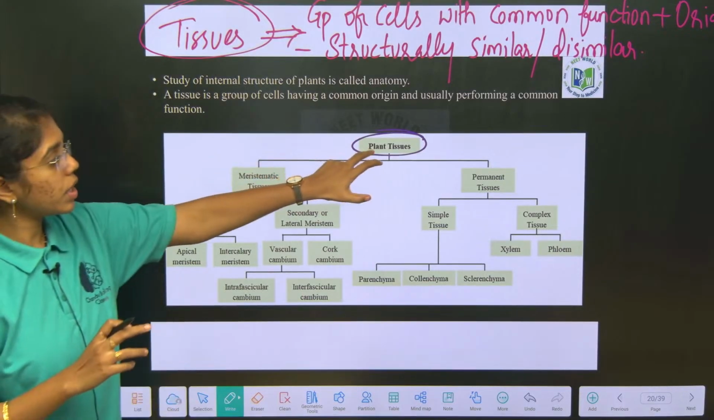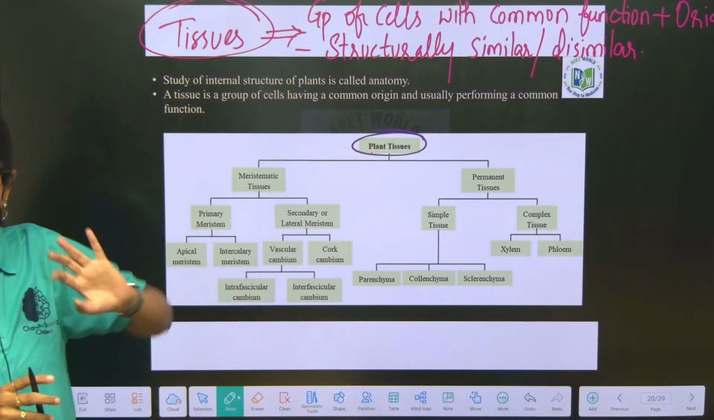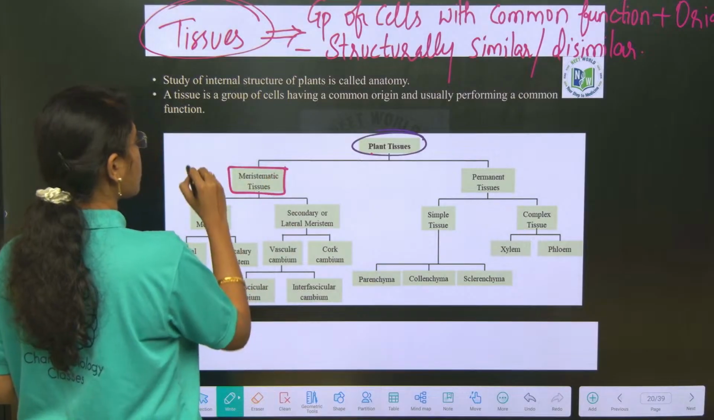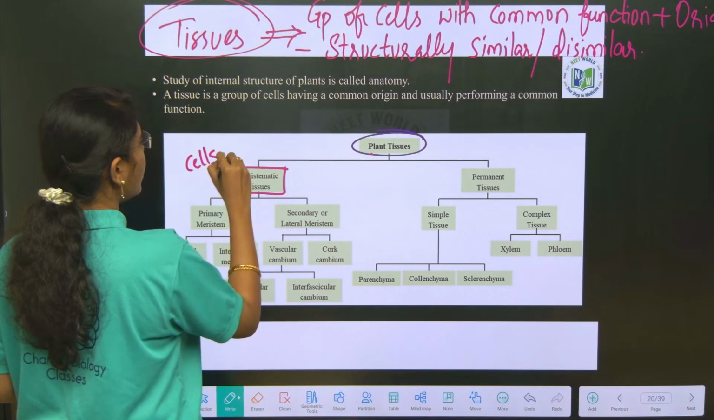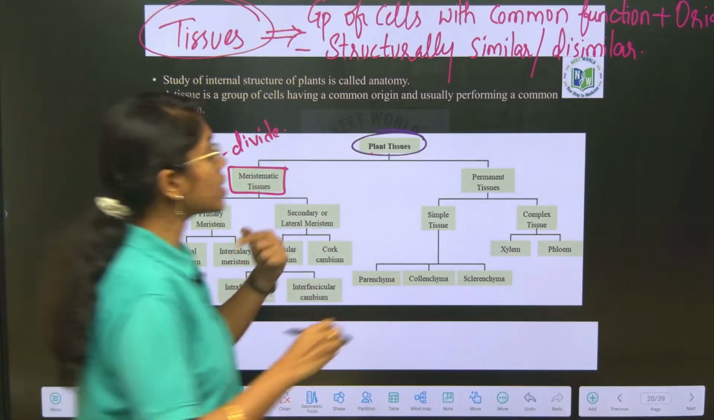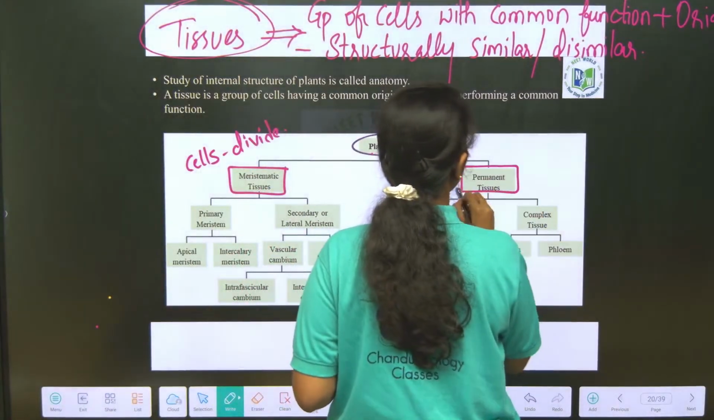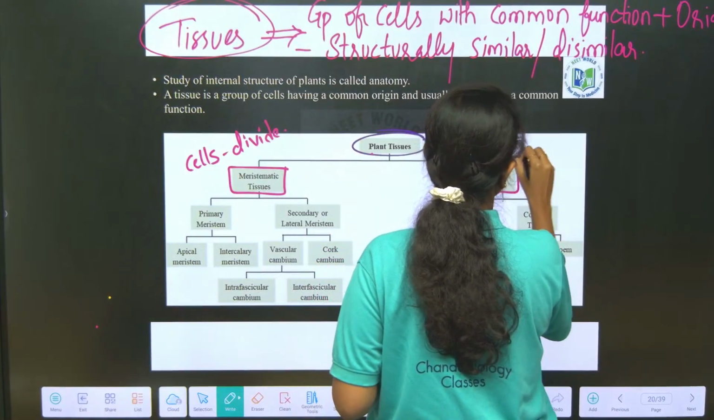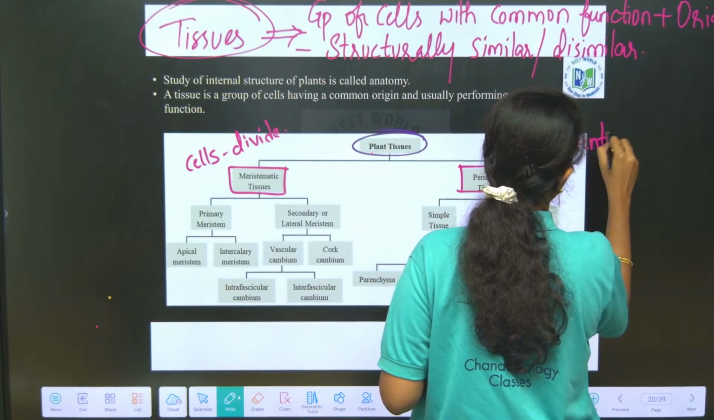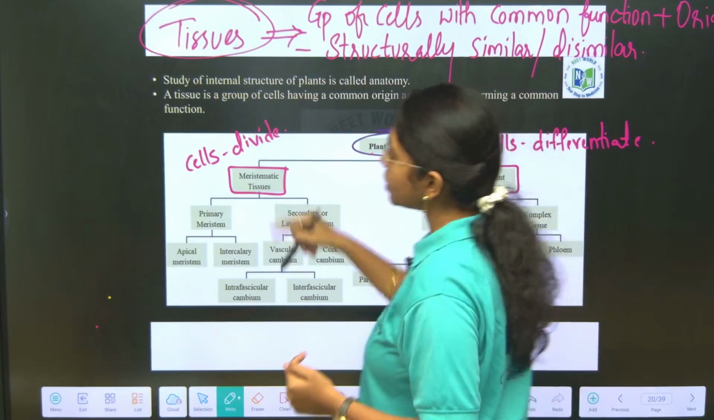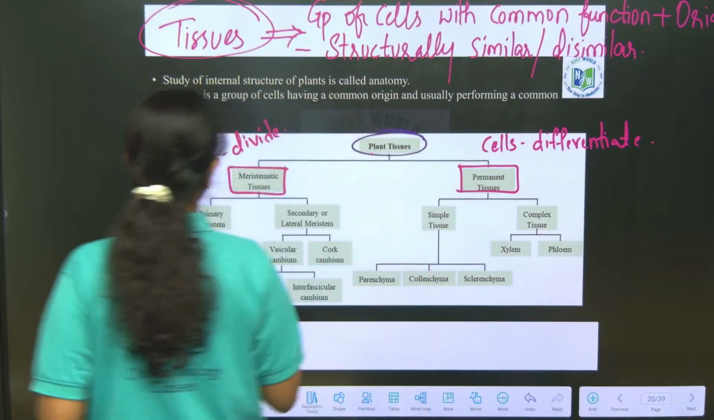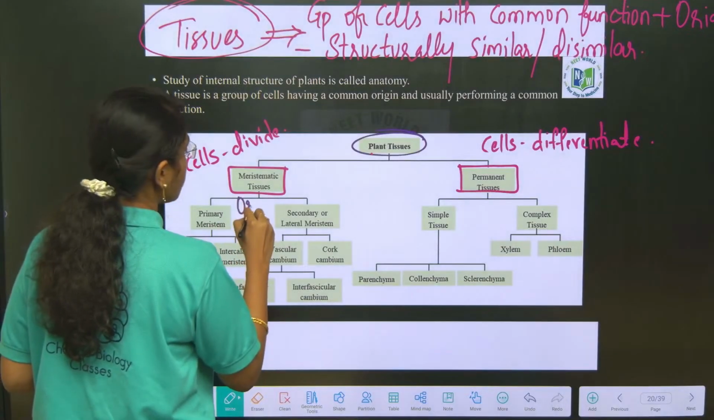If the cells present in a tissue are continuously dividing, division is the only activity they have, they are classified into what? Meristematic tissues. The cells will divide continuously. Those cells which get differentiated form what tissues? Permanent tissues. Cells differentiate. Meristematic tissues again, based on their origin,